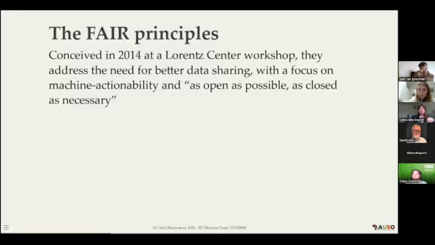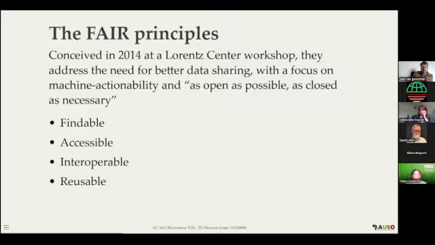And here you already find in their leading statement: as open as possible. So this clearly distinguishes FAIR from open access. They endorse open, but if open is not an option, then as closed as necessary. So FAIR is an abbreviation. We have findable, accessible, interoperable, and reusable. And I will go through each of these terms one by one to capture the aspects of them.